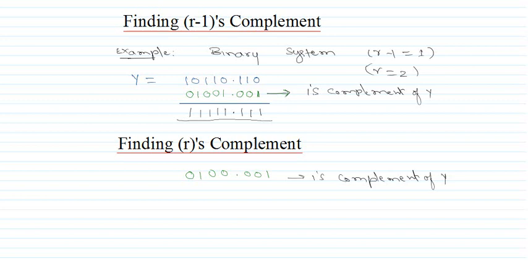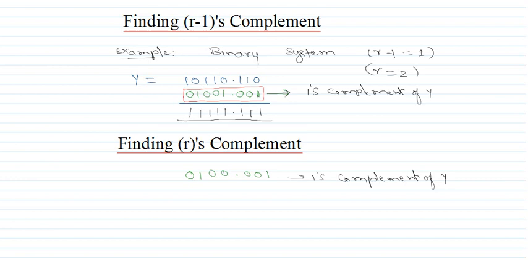This is the number for which I have to take the 1's complement. In order to take the 1's complement, I have to fill a number in this place. I have to fill this number in such a way that if I add it with the actual number, I should get 1's in all positions of my sum. So you observe here, 0 plus 1 is 1, 1 plus 0 is 1, 1 plus 0 is 1, 0 plus 1 is 1, 1 plus 0 is 1, 1 plus 0 is 1, 0 plus 1 is 1, 1 plus 0 is 1.